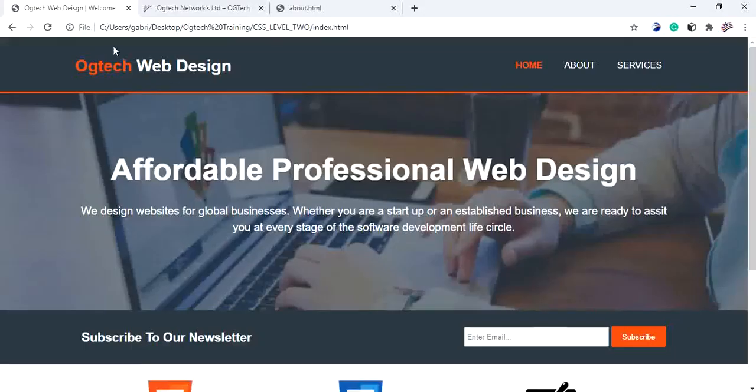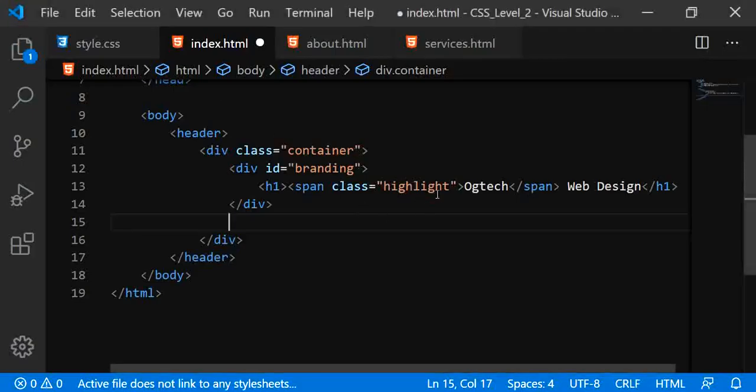If you notice this effect now, you can see that this color is kind of different from what we have here, right? This is as a result of that. But the application of this style was done from the CSS angle. So all these classes and IDs and span, we are going to be making use of them when we get to CSS, right? So we did this, right? So after that